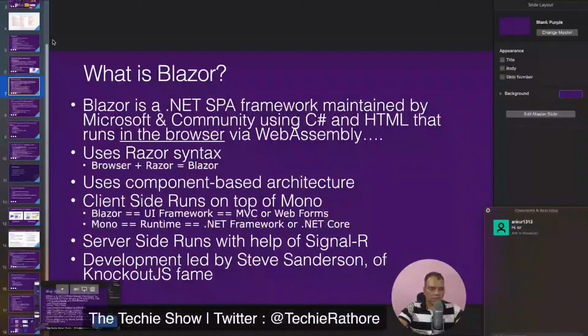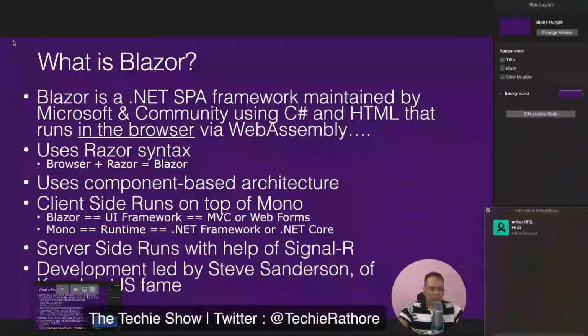And this is the official definition of what is Blazor. Blazor is basically a .NET single page application framework maintained by Microsoft and the community using C# and HTML that runs in the browser via WebAssembly. So this runs in the browser via WebAssembly. That is the definition for Blazor WASM.